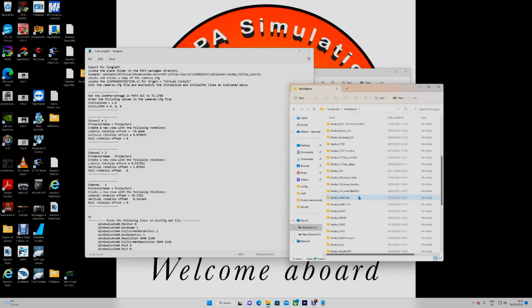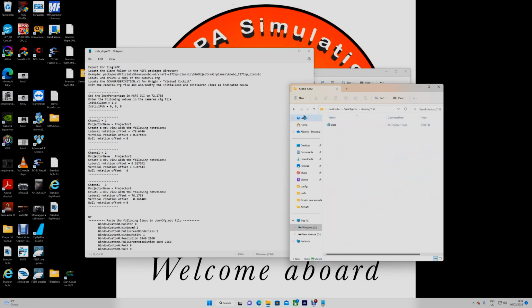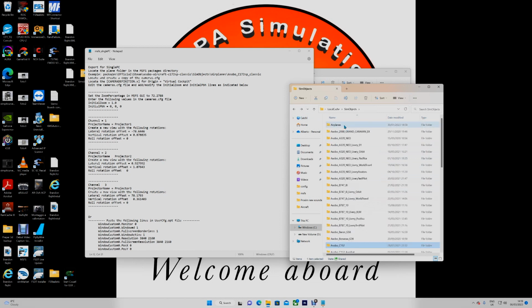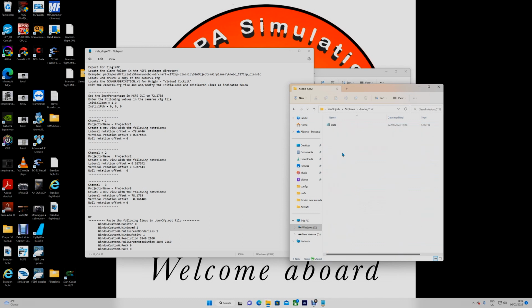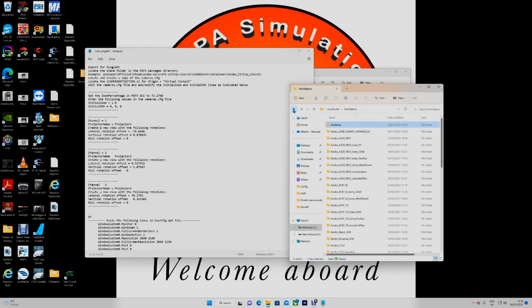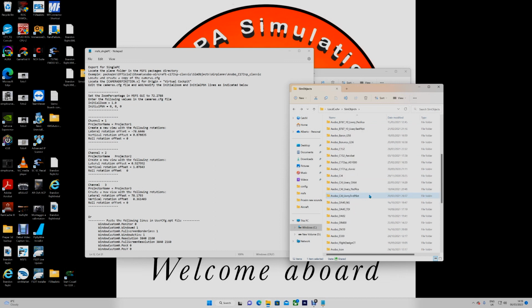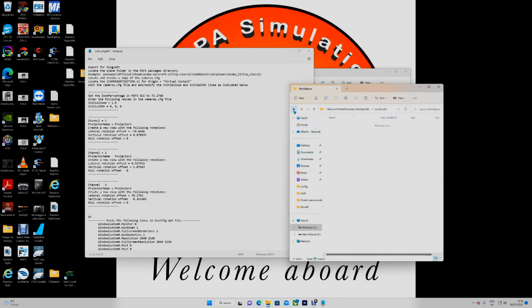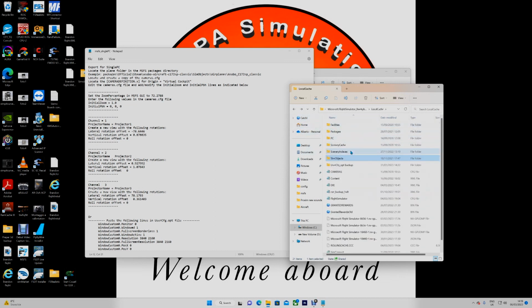For example, if I want to change, I don't know, the Cessna 152, no, it's not that one. So I think maybe airplanes, yeah, it might be here. Asobo C152, no, not that either. Okay, I don't even know where they are, but